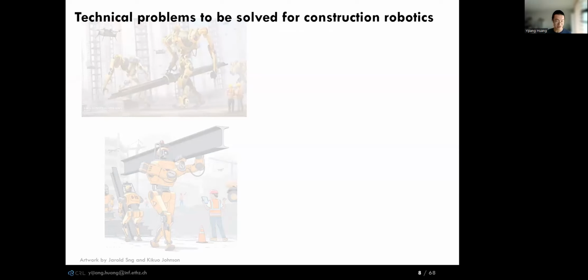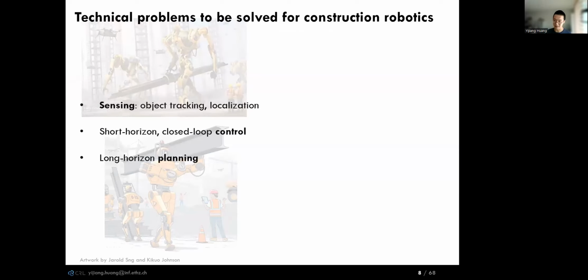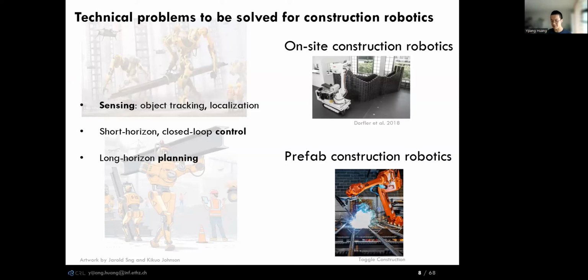We have three main types of algorithmic or technical problems to tackle for construction robots. First is sensing, and then control and planning. And construction robotics in particular can be classified into two types. One is on-site robots that can directly move around and work on the construction sites. The other type is prefabrication robots, where the robot fabricates building components in a controlled factory environment, and then we ship these components to the site, and we use a crane or something like that to manually